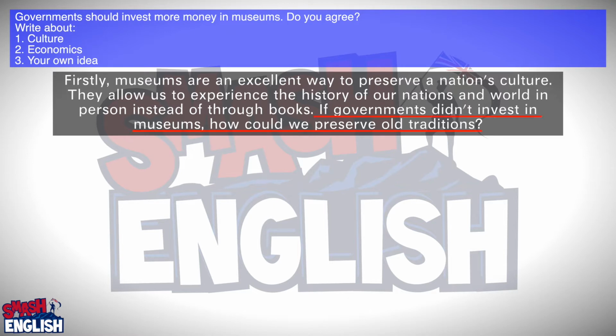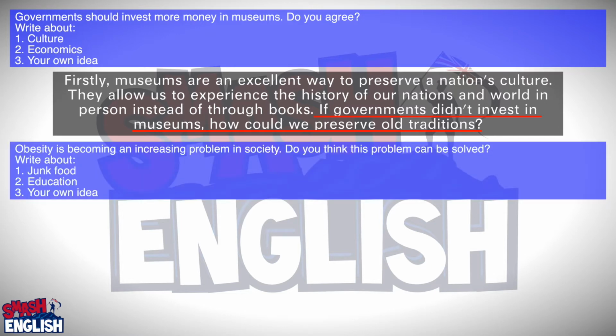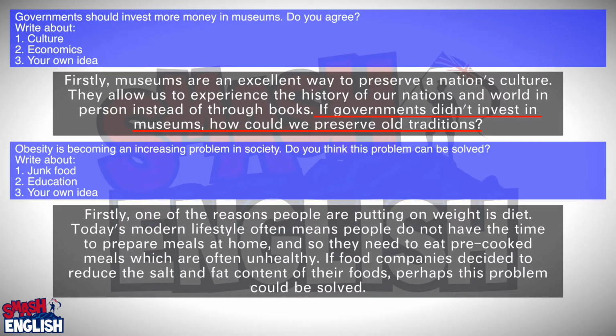Here, the second conditional is used as a rhetorical question. We are discussing the unreal situation of museums not receiving investment and the consequences it would have. In the second example, we could use a second conditional to suggest a solution and a possible consequence of this solution. For example,